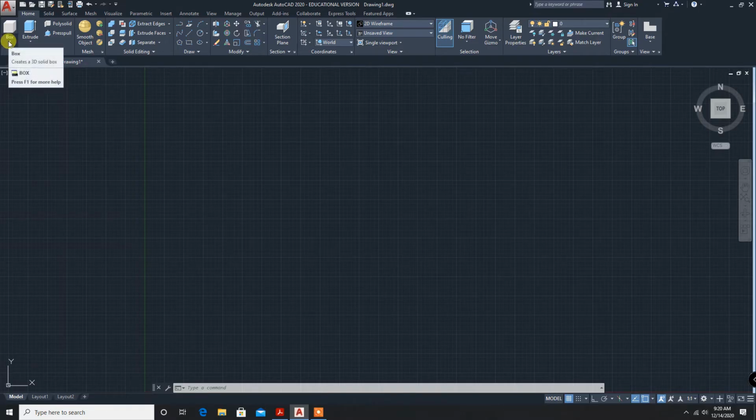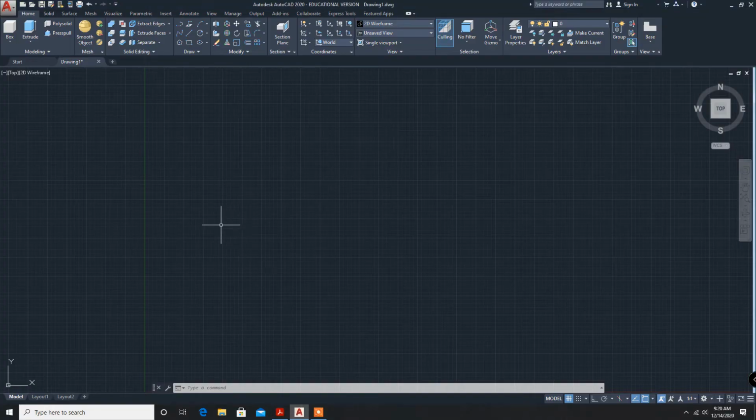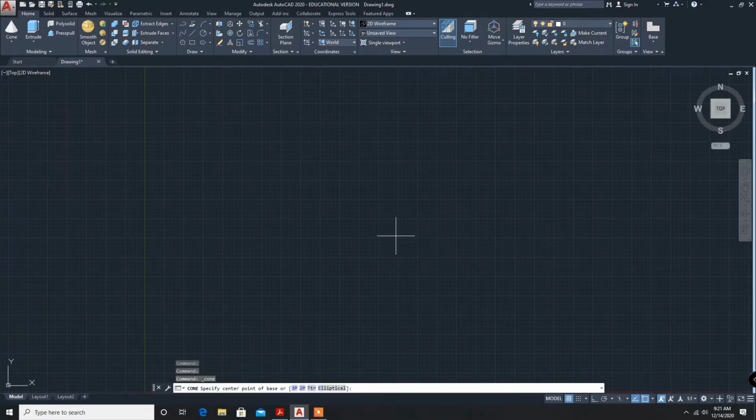Now a cone of diameter 75 mm and height 80 mm long. So we'll select cone. Click anywhere.